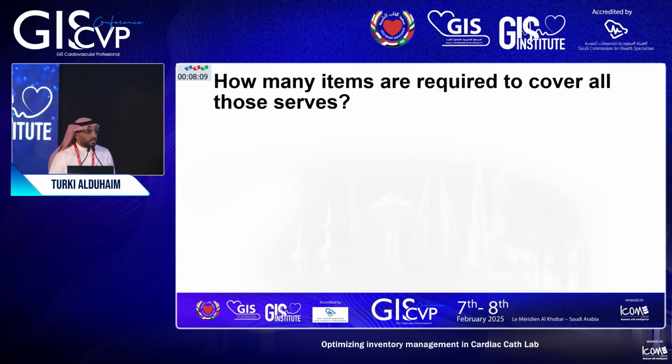So the question is, to have all these services, there are a lot of procedures we are doing. So it requires a lot of materials that need to exist. How much do you think we should take care of for all divisions, adult, pediatric, AP? Let's start the auction. Do you think it will be 100 items of material, 200, 400, 1,000?